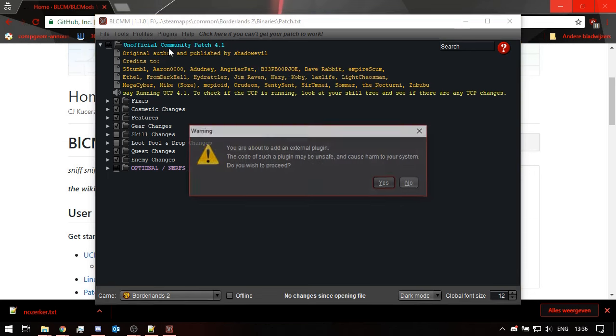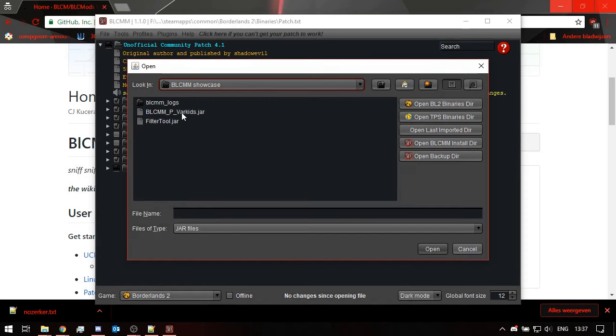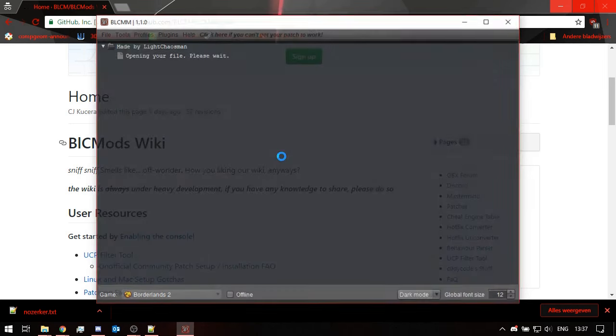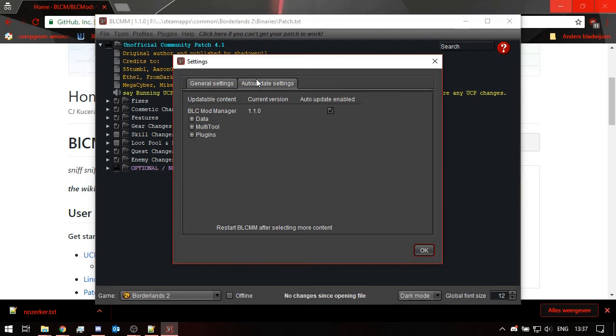For instance, I can add an external plugin. It will warn me that plugins are not necessarily safe to execute, since not all of the plugins will be reviewed by the BLCMM development team. For instance, I can pick my own Varkit overhaul plugin. It will appear grayed out at first because I don't have the proper data packages installed, which I can easily fix in the auto update